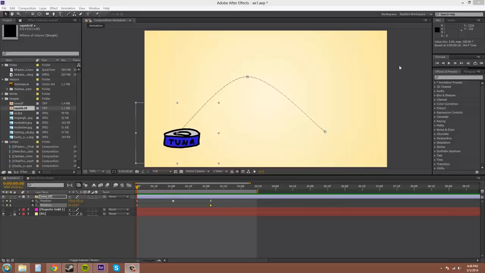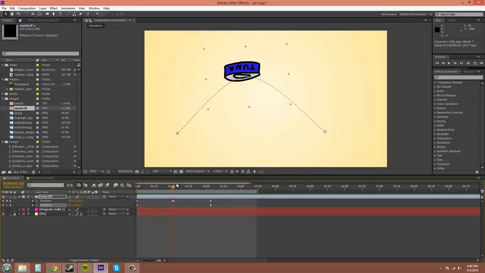Let's get to the tutorial now. So the graph editor is this button right here. I added a rotation to my tuna can, so it does a little flip there, and you can notice that it's not perfect. At the end it slides, so that's what we can use the graph editor to fix. But the graph editor button is right here. It is used to